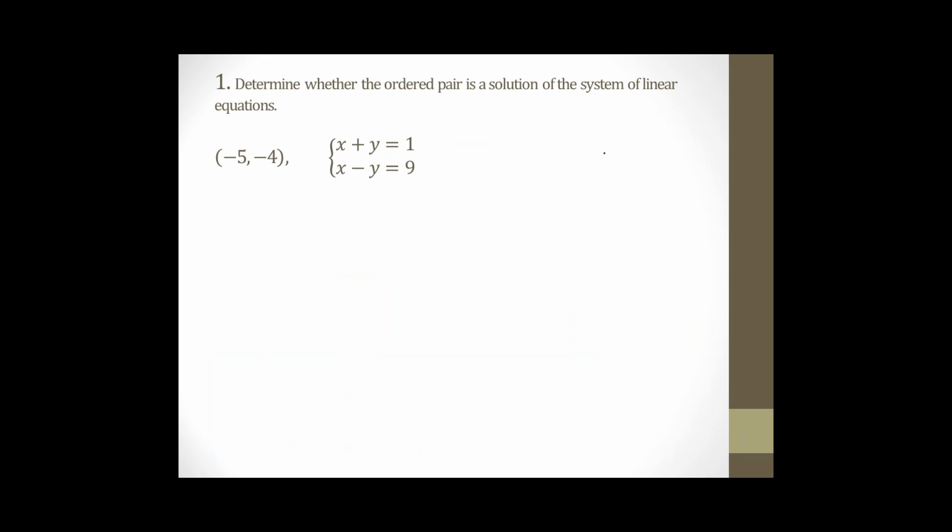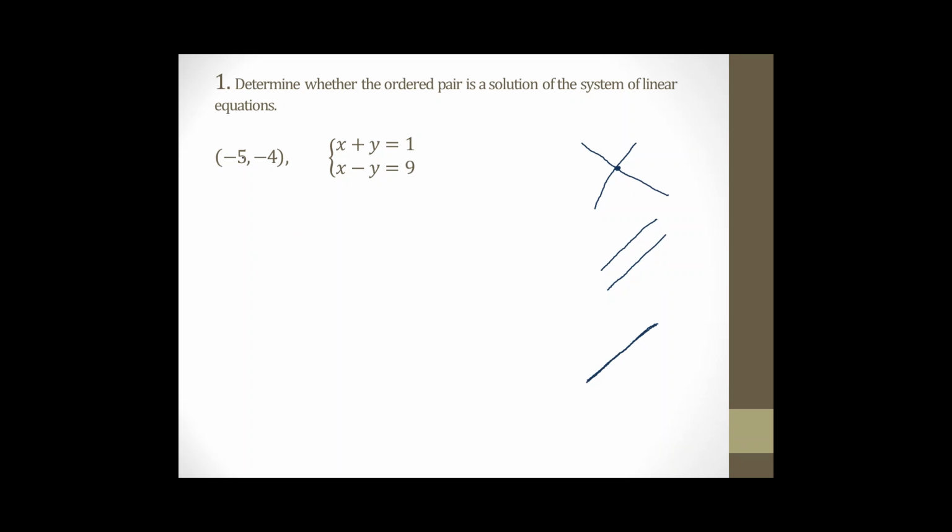Those 2 lines in the coordinate system could either cross and you will have a certain point. They could be parallel, which means you will have no solution because they're never going to cross. And the third option is that the 2 lines are exactly on top of each other, so one line is basically the same as the other line. If you are given a point, you find out whether it is option 1, 2, or 3 by plugging that point into the first equation and then the other equation